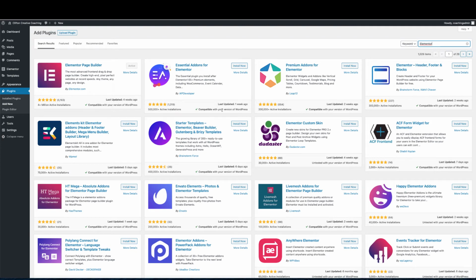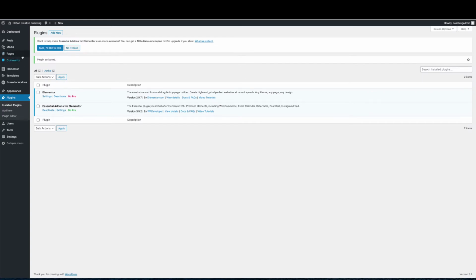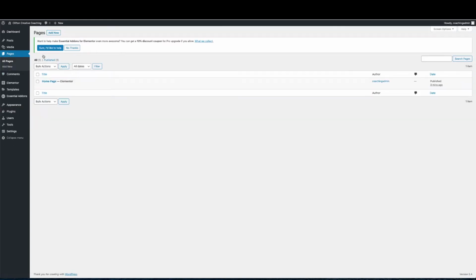And some of them have paid versions as well. The one that I like to add on to give me just a few more extra modules and a few more capabilities is Essential Add-Ons for Elementor. Now there is a pro version of this, but this is the free version. We're gonna go ahead and install that too, okay? And I'm gonna click on Activate, and I'll show you here in a minute what happens when you have this